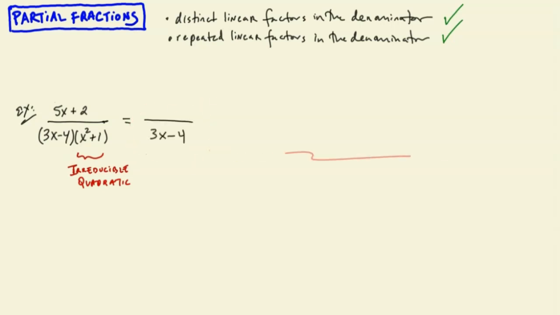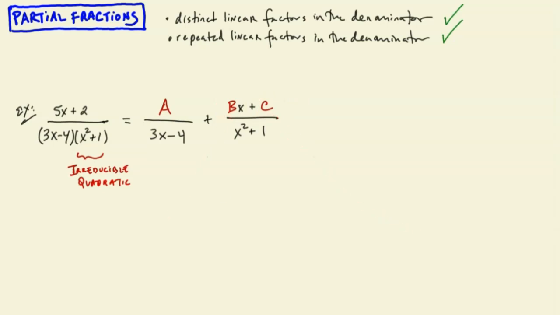One term in the partial fraction decomposition is going to have as its denominator the linear factor, 3x minus 4, and some mystery constant to be determined later will be its numerator. And then we will have another term whose denominator is, in fact, the irreducible quadratic x squared plus 1, but, this is the interesting twist. The numerator is no longer going to be a constant. Because of this irreducible quadratic here, which is degree 2, we have to put a degree 1 polynomial as a possibility up here. So it's going to be something of the form bx plus c, where the b and c